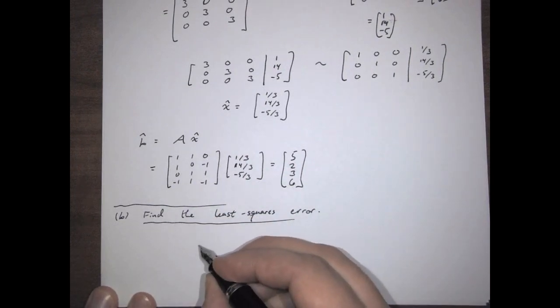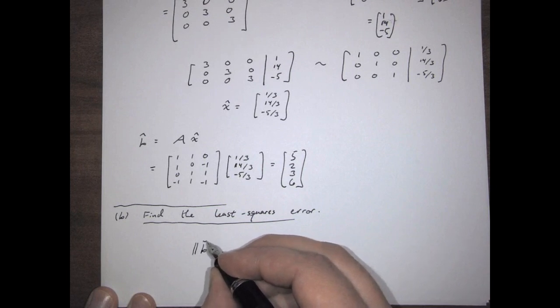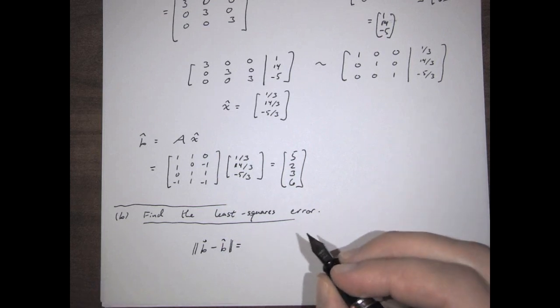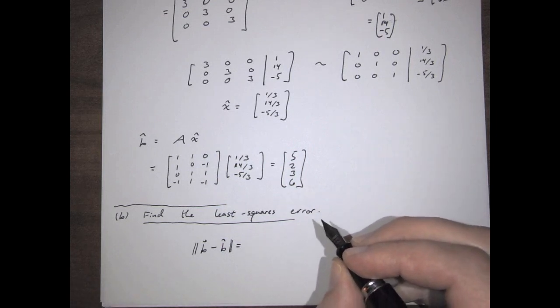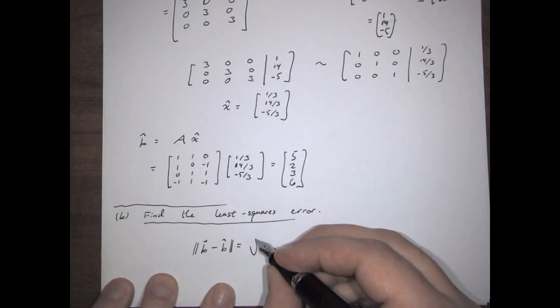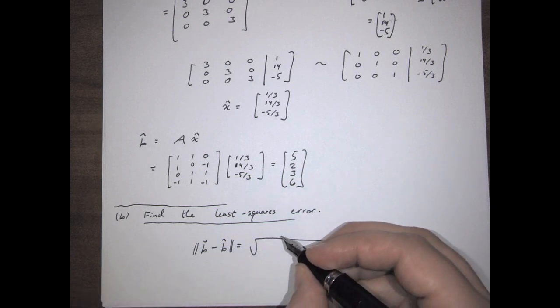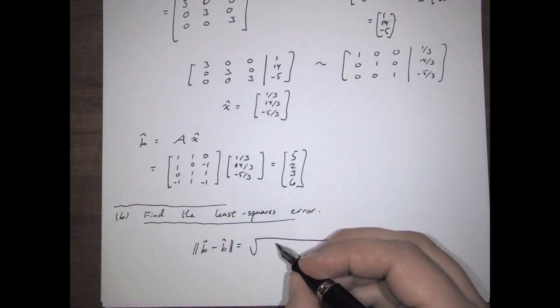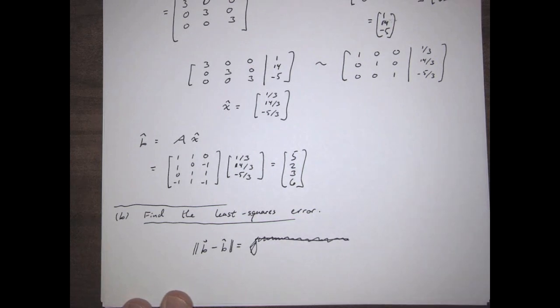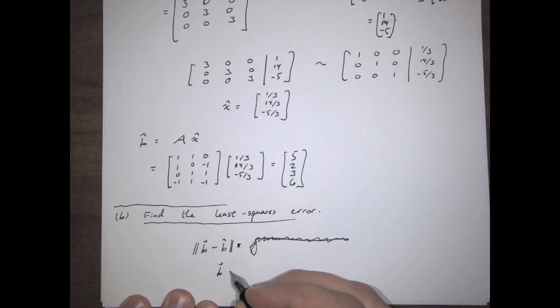Well, magnitude of B minus B hat. So that's how close we can come to this particular B using these columns of A. So that's going to equal the square root of, and it's just going to be the differences between the two. Or actually, let's write it in a couple steps, just to remind us all what we're talking about here. So B minus B hat is equal to